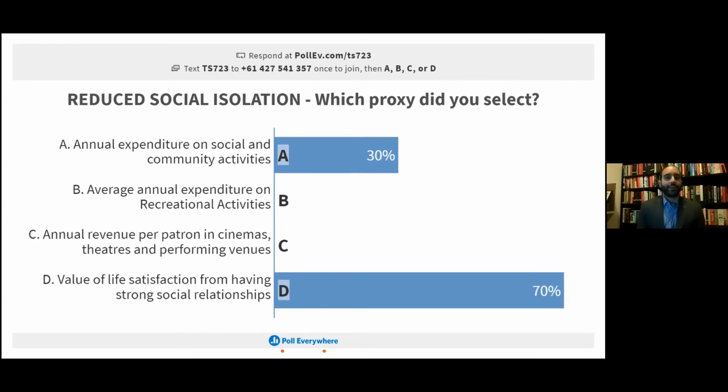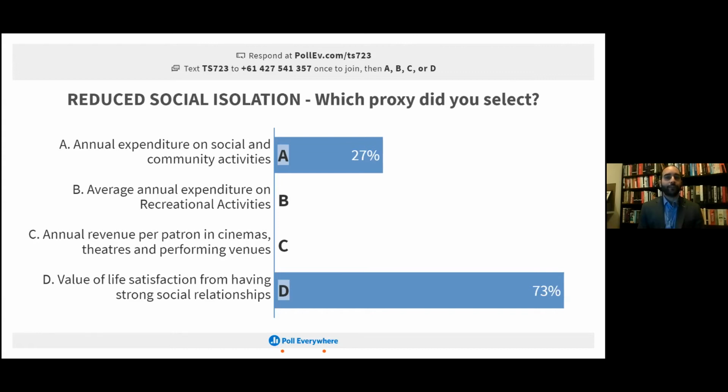Okay, well that's comforting because they were all reasonably appropriate in the limited amount of information and time you had. The only one that I guess is flat out probably incorrect, and I'm glad not many people have chosen that, is C for both examples. The main difference being C is really not from the value of the participant in the program. So it's not value to that individual in any way. The revenue per patron in cinemas or theaters, obviously if that goes up or down, that matters to the cinema or the theater, but that doesn't really represent any value for the person.